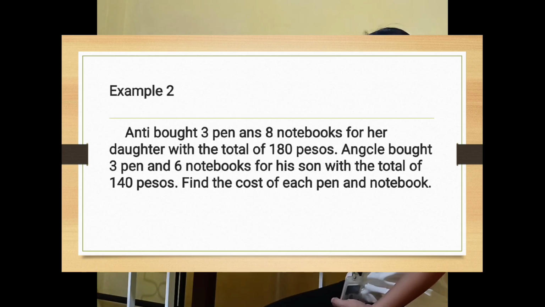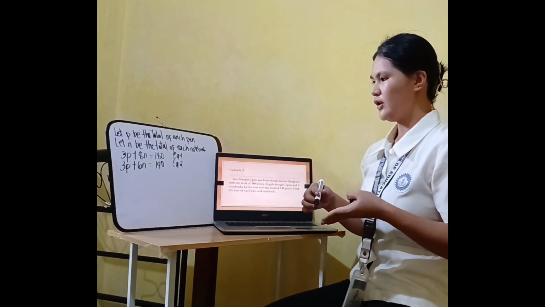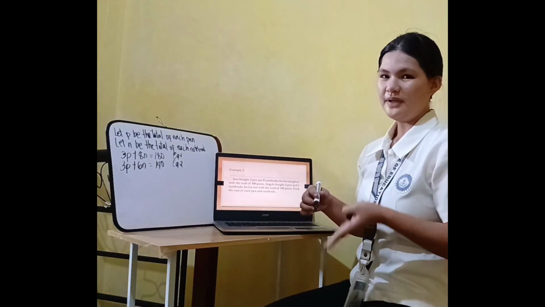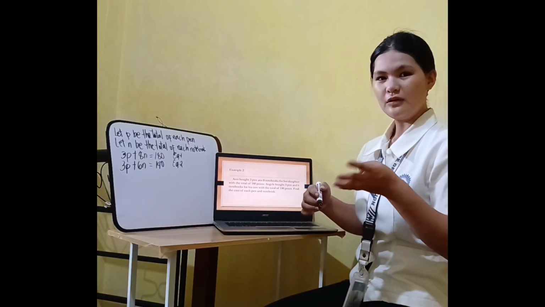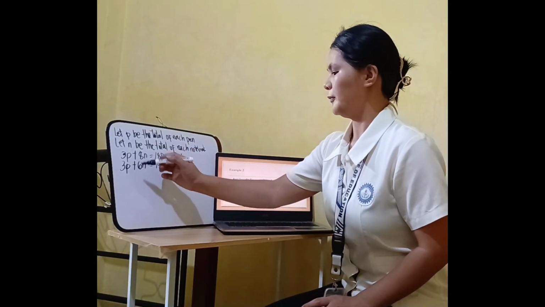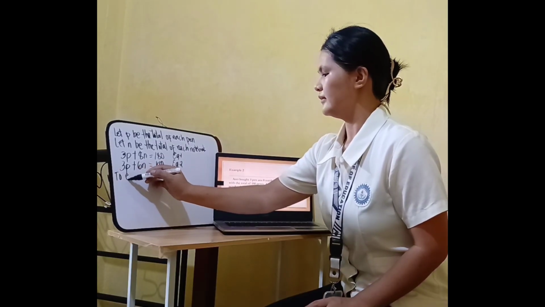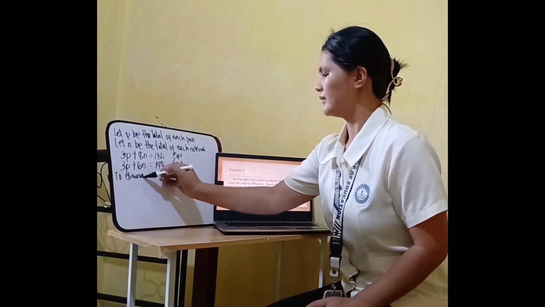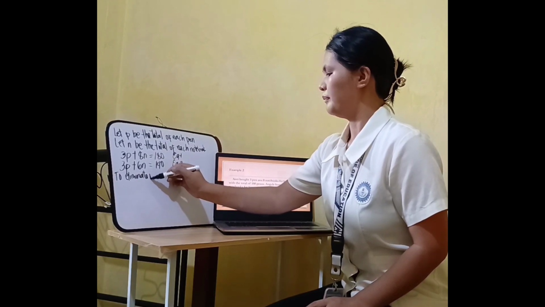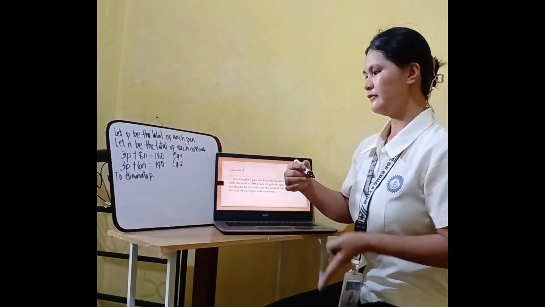The second equation is 3P plus 6N is equal to 140. So this is our equation 1 and this is our equation 2. So after formulating the equation, magpo-proceed na tayo sa elimination method. So ang eliminate natin first is si variable P. So to eliminate variable P,